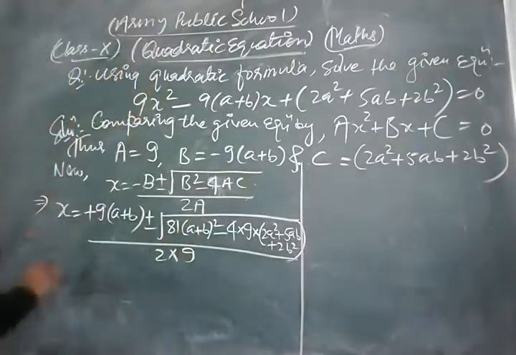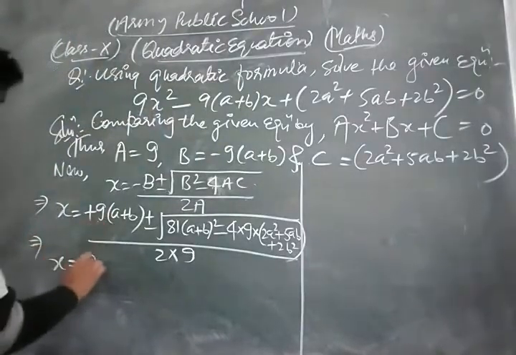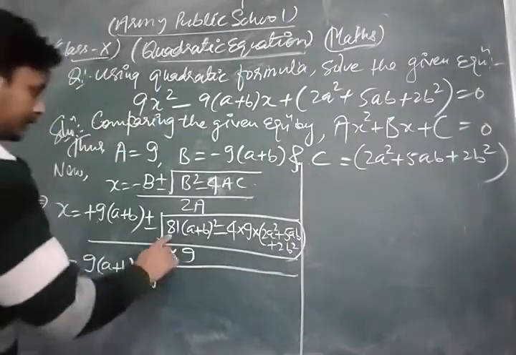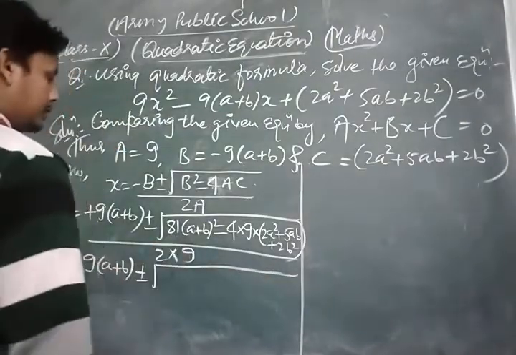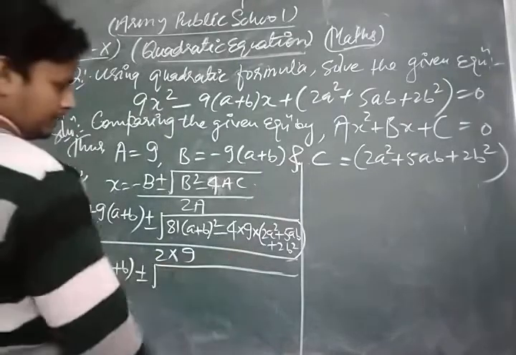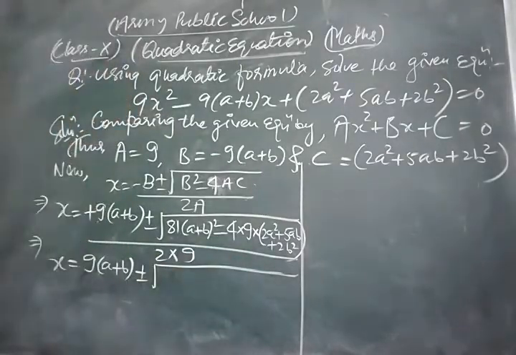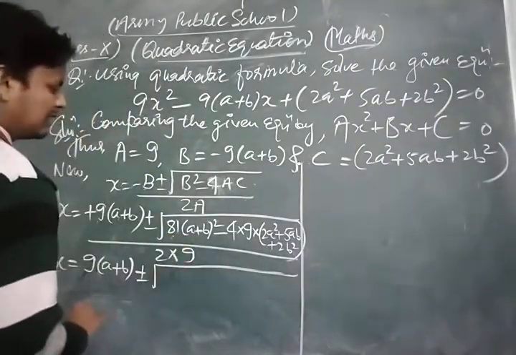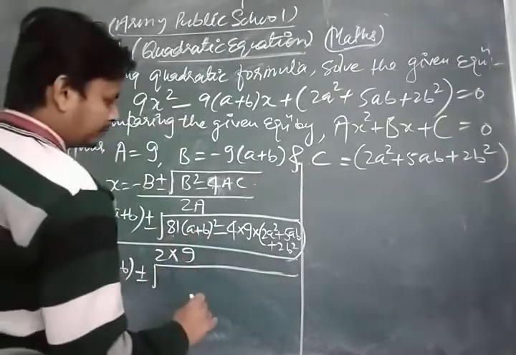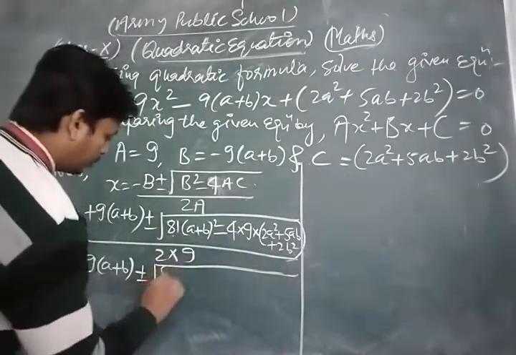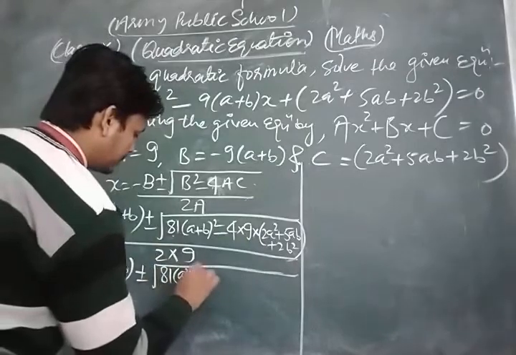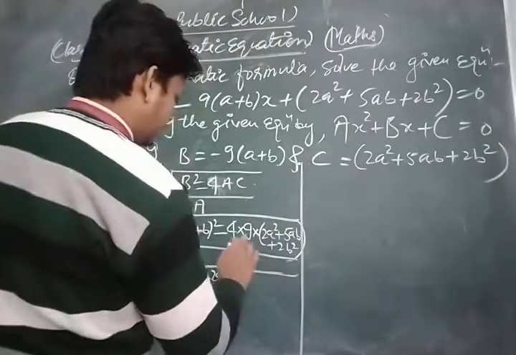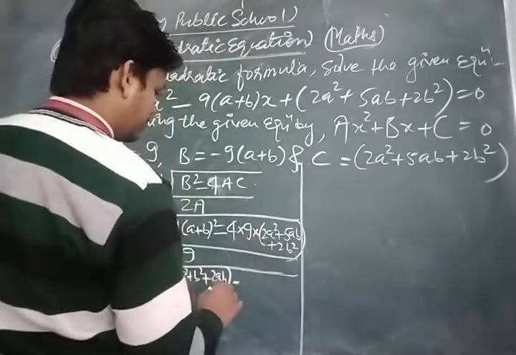So first of all we put all the given values in the formula. Now we simplify it. Look, x is equal to 9(a plus b) plus minus square root of 81 times (a plus b) whole square. We just simplify them. So now look, this is a square plus b square plus 2ab, and now minus 36 into